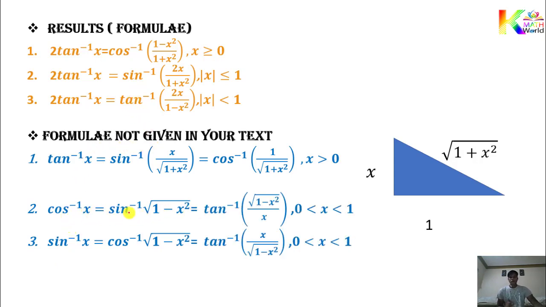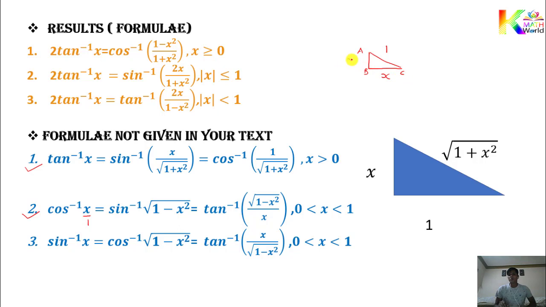Same way as we discussed in the first result, you can easily get the value. Suppose I show it for this result only. Cos inverse is there; cos inverse means adjacent over hypotenuse. So this is adjacent and this is your hypotenuse. What should be this value using the Pythagorean law? We can say this side square plus this side square. Suppose we say this one is ABC, then AB square plus BC square.